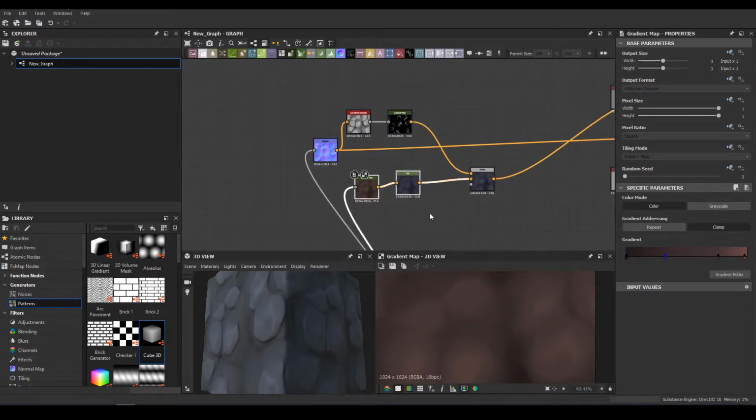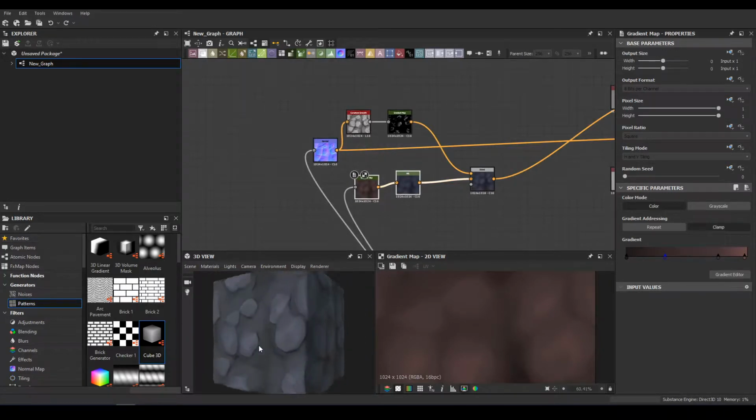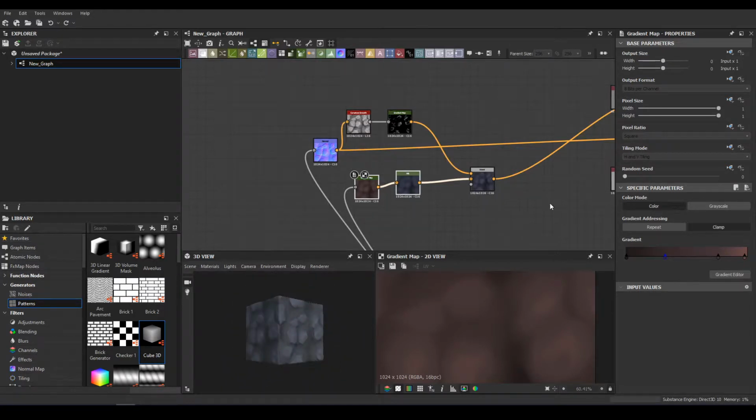Let's try switch. Just see what's happening if I connect right here. I don't see high changes using this. So